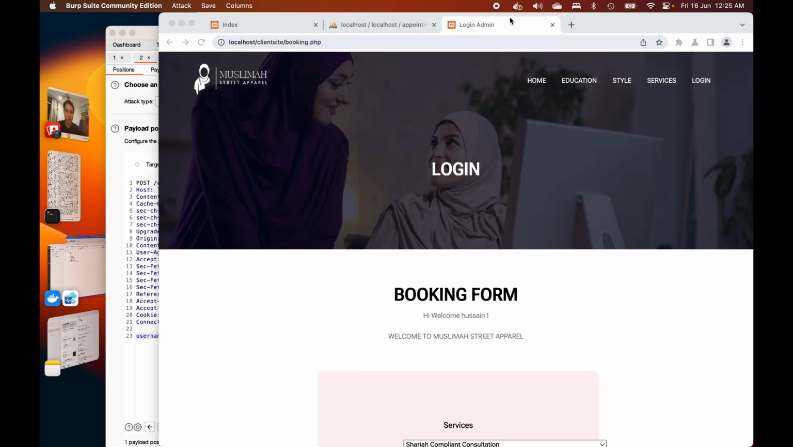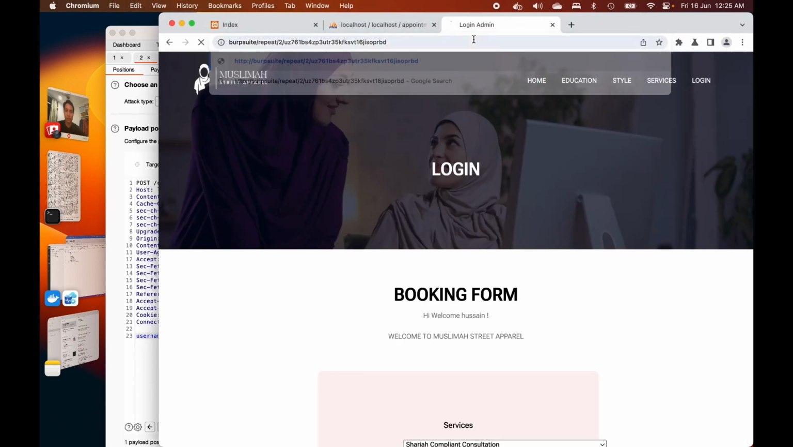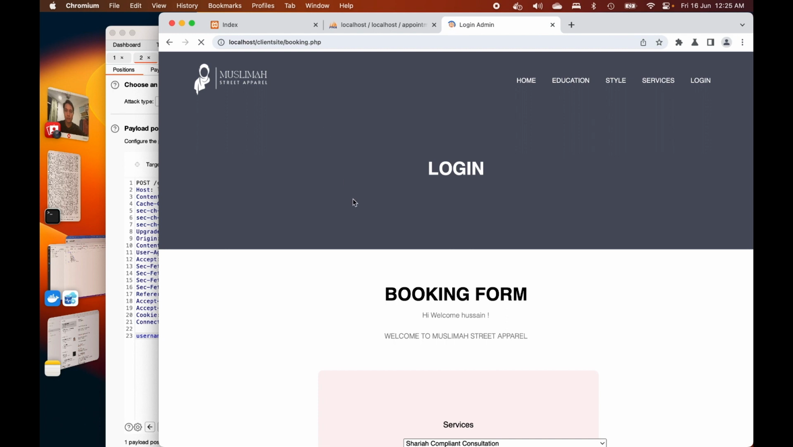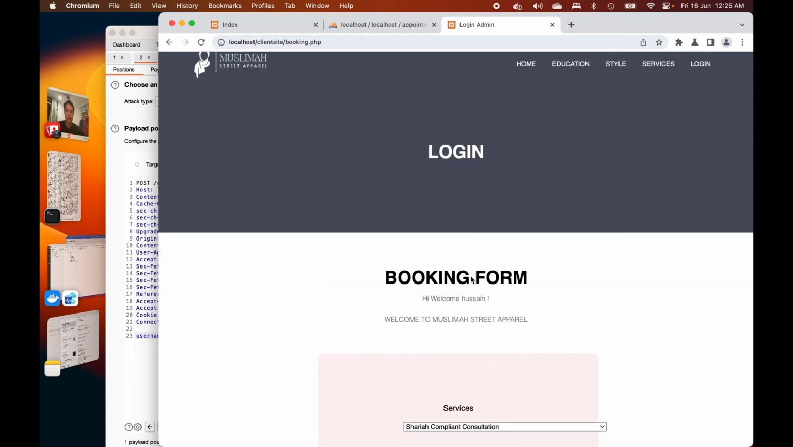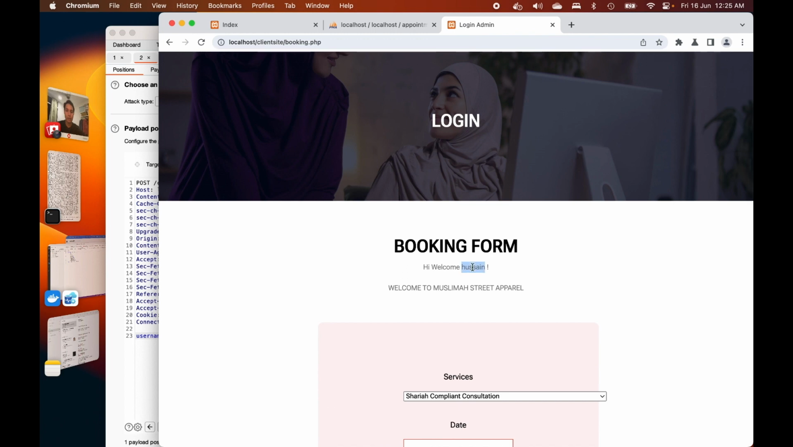Session copy. As you can see, I have bypassed the login authentication through brute force attack. So next